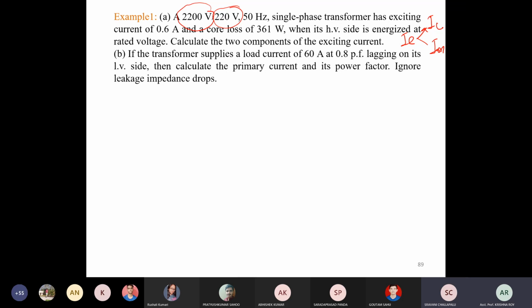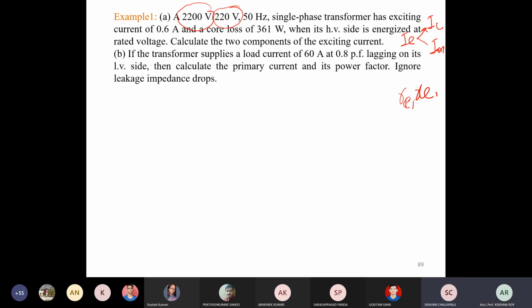And in the second part, or B part, if the transformer supplies a load current of 60 ampere at 0.8 power factor lagging on its LV side, then calculate the primary current and its power factor. Ignore leakage impedance drops. That means there is no winding resistance, no leakage reactance in the primary side